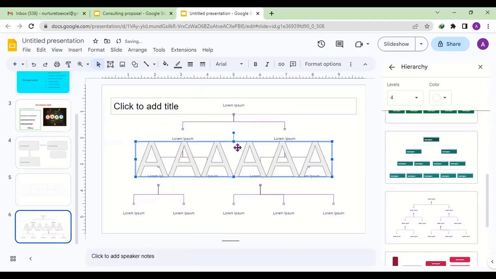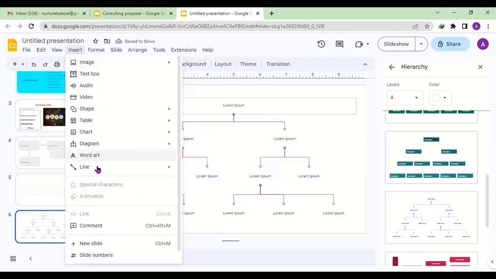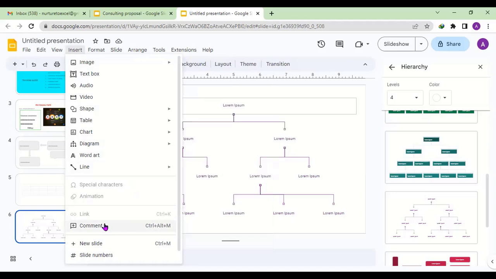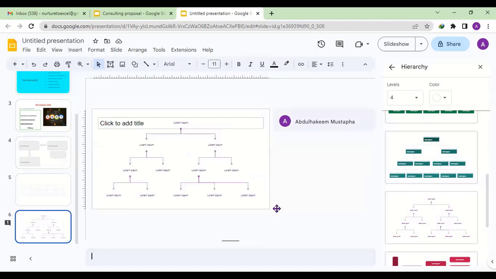So these are the text, something. You can also do that under insert too. You can insert that and the lines. So we have talked about comment. The comment is under here, you can see down. Sometimes when you're working,